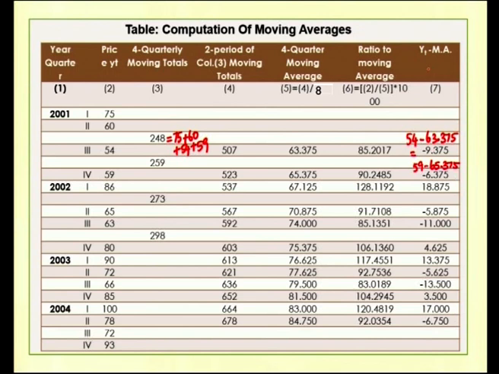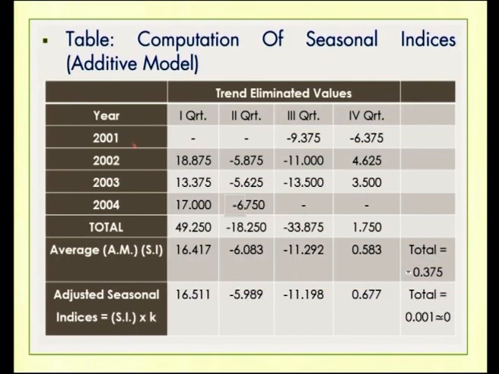Therefore, the short term fluctuations are available from third quarter to second quarter of 2004. Again, the third quarter and fourth quarter for 2004 is not available. Now, all these values, starting from minus 9.375 to minus 6.750, are written in the tabular column in this format,